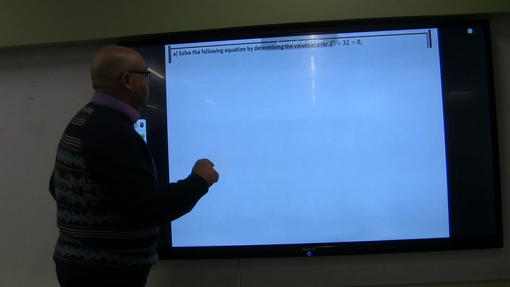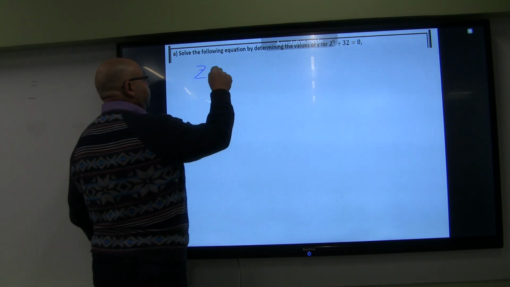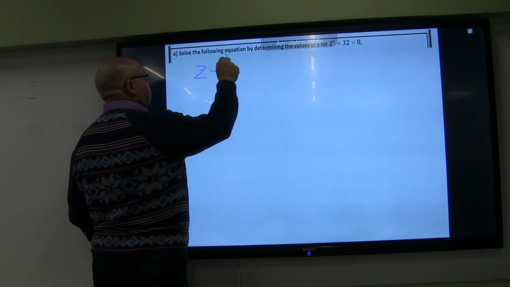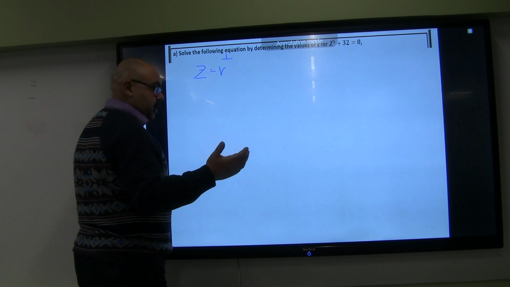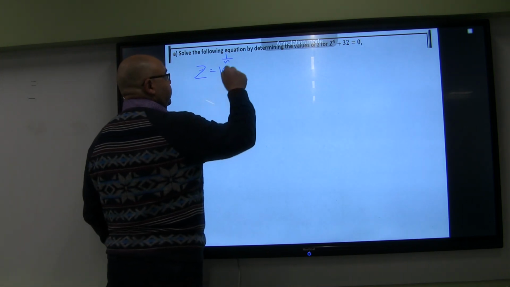Here, first of all, I will have to memorize that z, if I want to take the nth root of a certain number, it's going to be easy to have it in terms of r or theta. It's going to be r to the power of 1 over n. Then